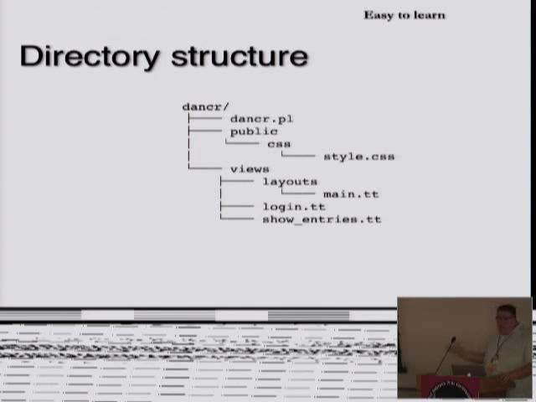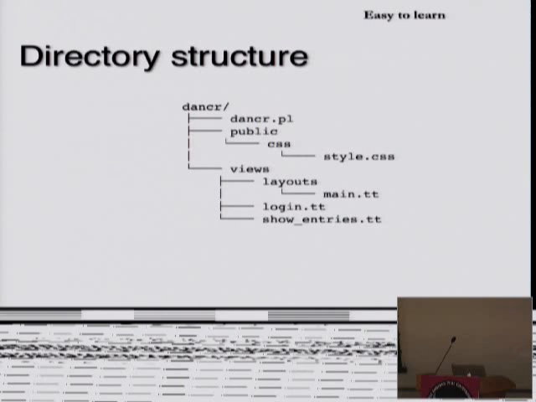But I just wanted to give you the flavor without all the overhead of what you get out of dancer -a, because it gives you more than what you might need for a really simple project like this one. So the way that this starts is that you have your directory way up the top here. You have your actual script that implements your application right here. You have this folder called public, and then in here you have a whole bunch of stuff, like CSS. You've got your CSS file.